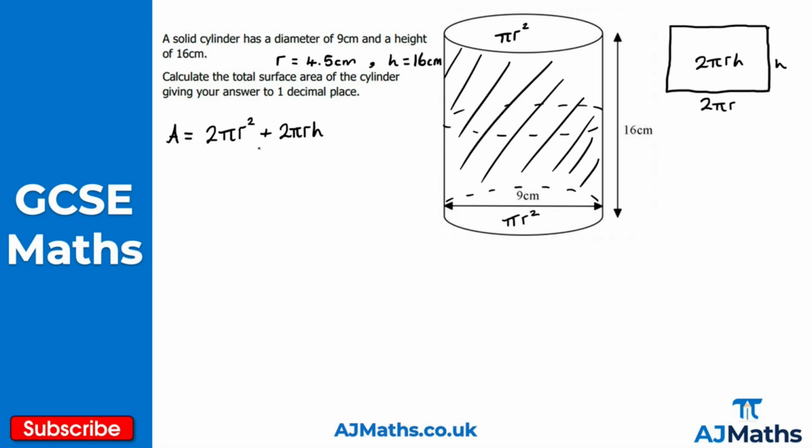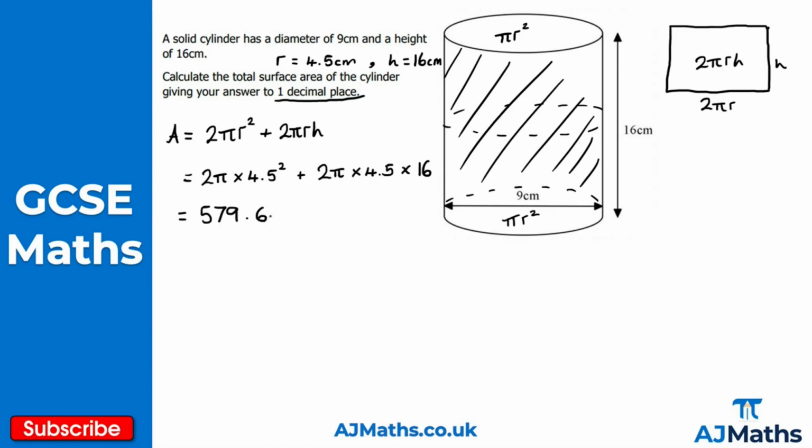All I need to do now is substitute into this formula for the total surface area and put it into our calculator. So I'm going to get 2 pi times the radius squared, so times 4.5 squared, plus 2 pi times the radius, which is 4.5, and then times that by the height, which is 16. At this point, just put this into your calculator. I've already done this to save a bit of time, but remember to give your solution to one decimal place. You should get